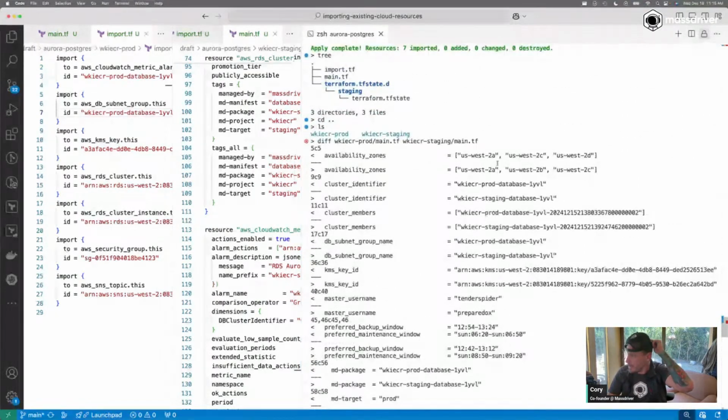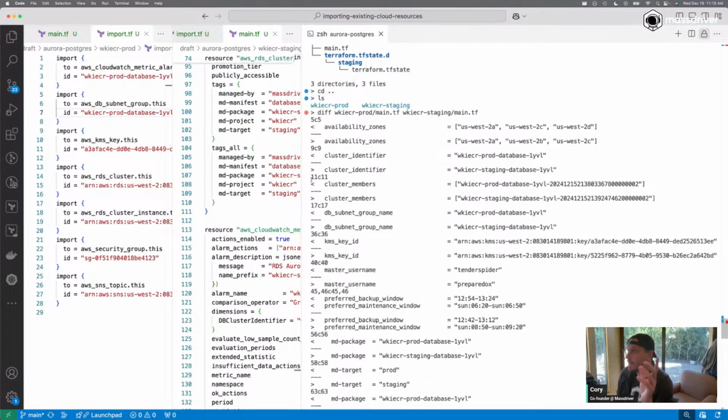When I'm thinking about how I want to design this module, I don't want to make the user of this module have to put in literally every single attribute to get something done. I want them to be able to put in what they've already put in. They've already introduced some disparity. There are things that they care about, and a lot of things that are very similar. Looking at this, we can see the left and the right sides here, the left being main, the right being staging. And so you can see that